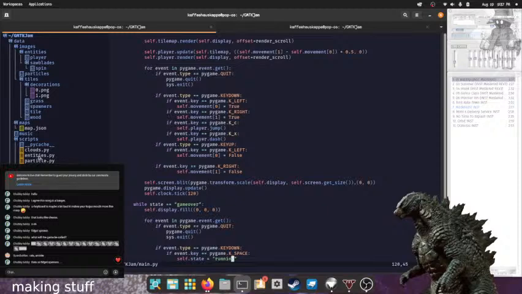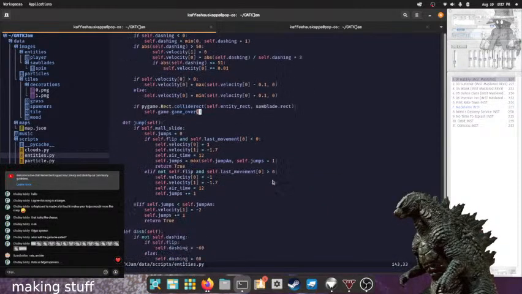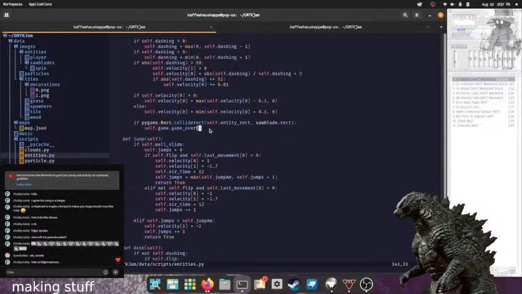Now if we go back to entities real quick, instead of doing that, it's going to go self.game.state will equal running. Hopefully this should do what I'm intending it to do.